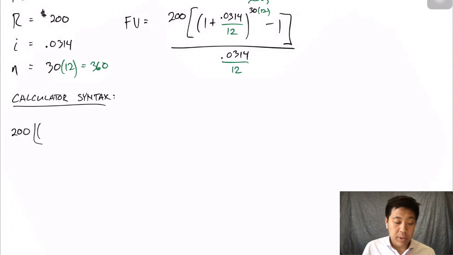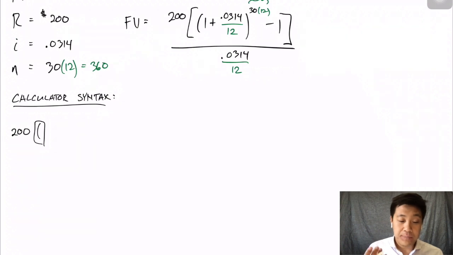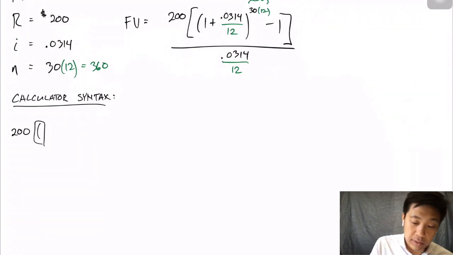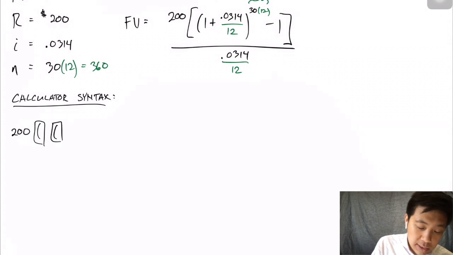And again, I put them in boxes so that people are aware that you're either punching this in a calculator, again, a scientific calculator that has all the syntax written out as you're writing it, not one that disappears, or if you were going to type this out manually via a web browser. You have 200, you got to open parentheses for the entire numerator, then another parentheses. Here you can go 1 plus